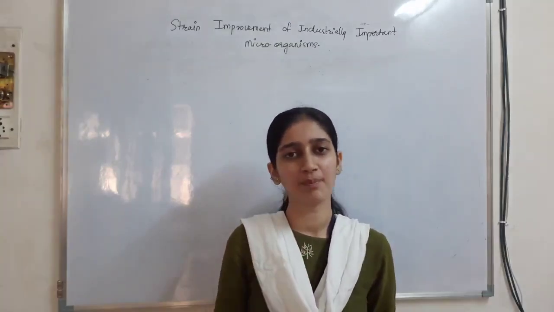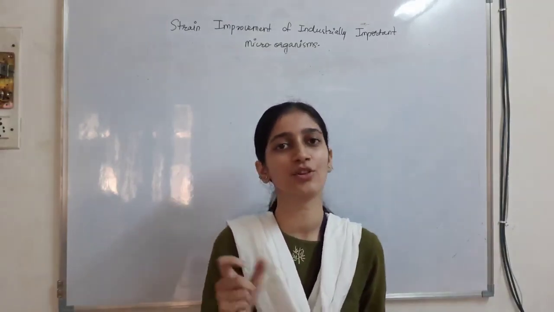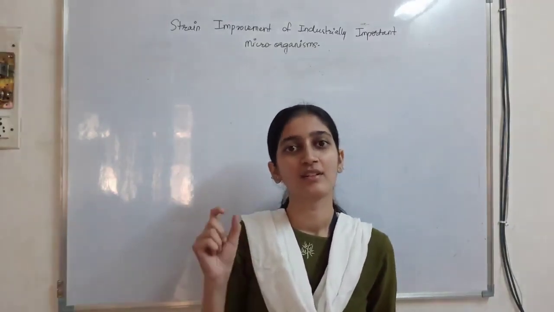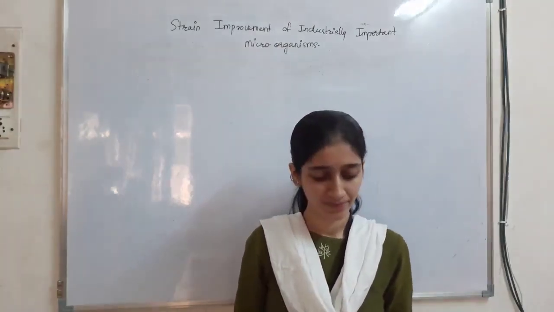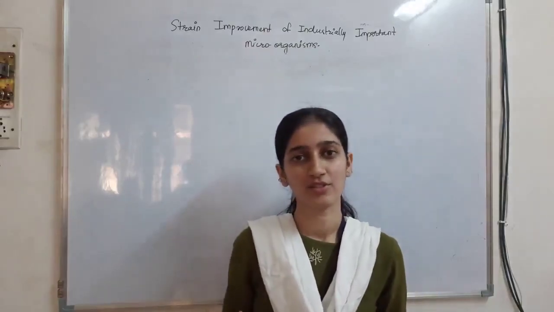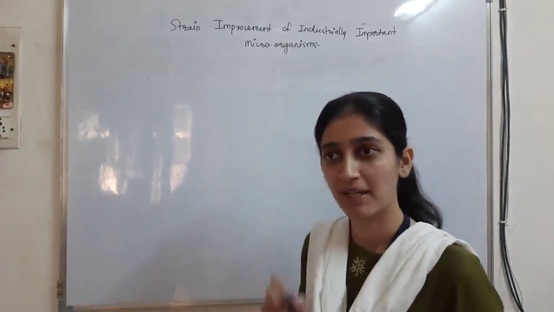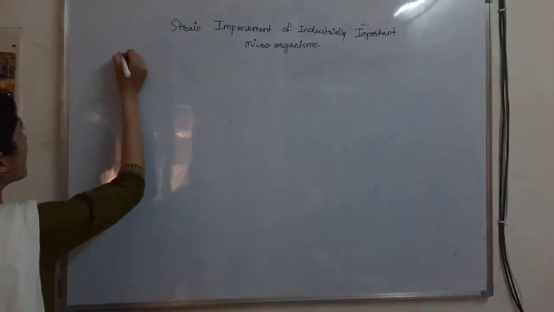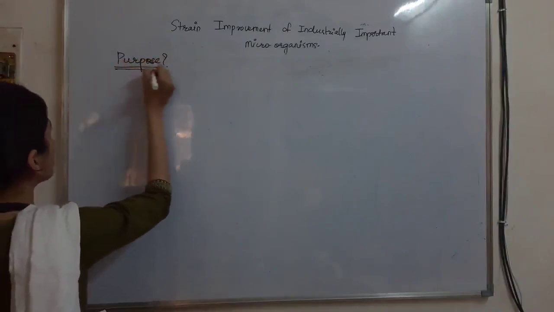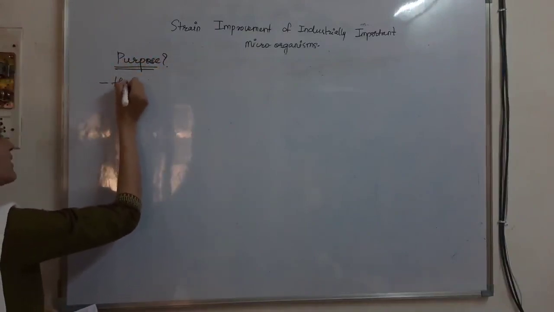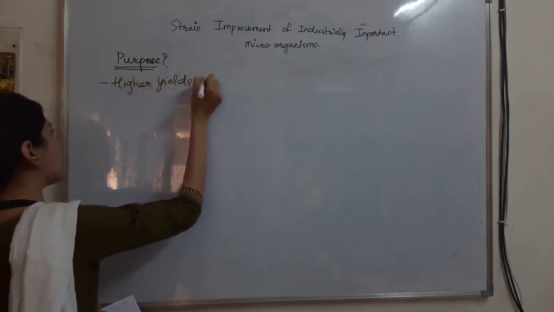Only by changing its pH, media formulation, temperature, aeration, agitation, such parameters, it is not going to give higher yields. So for that, there are certain processes. So how is this strain improvement done? And what is the purpose behind it? What is the purpose? Strain improvement gives higher yields of the desired product